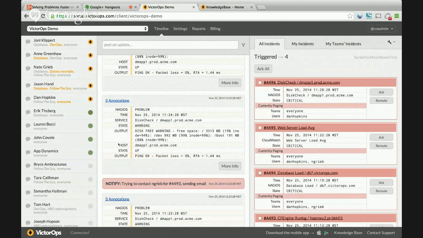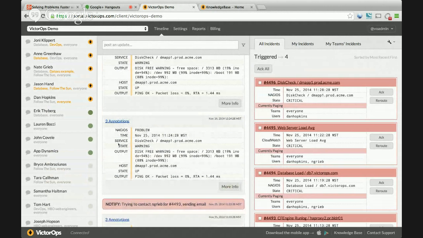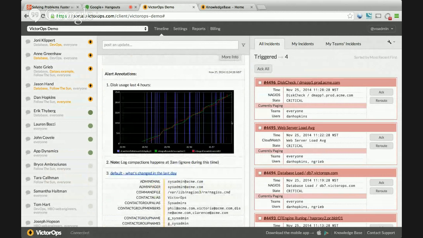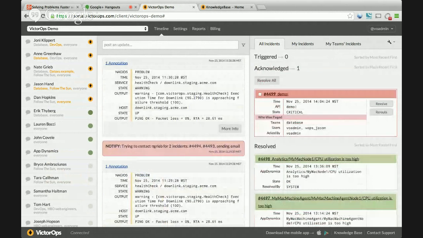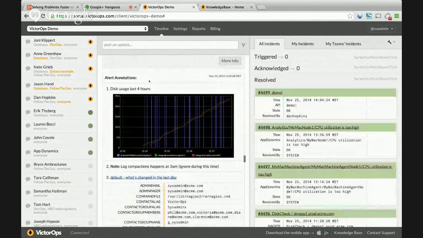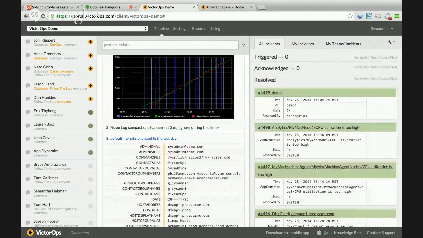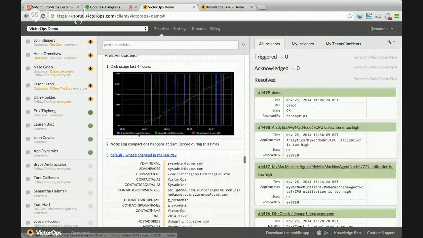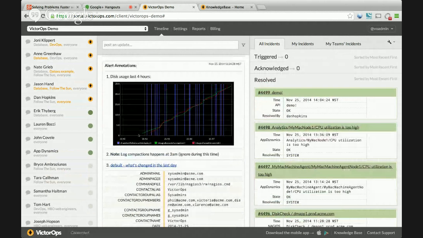say, all right, if we see this specific service or host, automatically pull in the information I want to have on that alert anyways. So for example, in this situation, we're pulling a graph of disk usage and a note that someone added, and then a link back to our GitHub to see if there's been any changes specific to this event. This is currently a beta feature, so we're not going to go into it any further, but